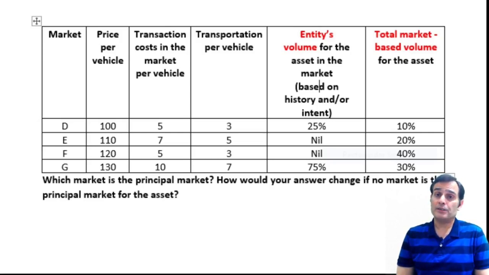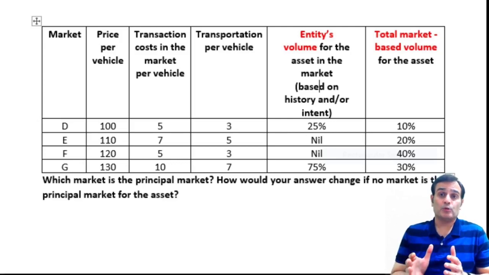Now, in this particular case, I have not given any data whether the entity can access this market or not. Let's assume yes, it can access the market. Whether it is selling in that particular market or not is absolutely irrelevant, as we can see that the entity in question is not selling anything in market F, but that doesn't make a difference to me. To the extent we can say it accesses that market on the measurement date, then yes,